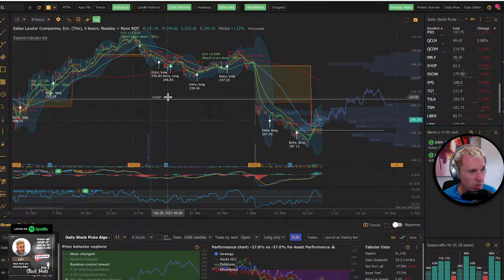Estee Lauder in the beauty business. This is one that also some of the women in my life have mentioned that they enjoy. It's big in China, and China not reopening is what killed this one. You can see that gap down there. If this gets to over 200, and it did here, but it pulled right back. The high was 201.56. 200 is that resistance level. If it breaks that resistance level and starts entering into this gap, I think you fill that gap from 209 up to 240. So I'll be watching this one. I'll set an alert on TrendSpider. Again, if you don't have TrendSpider and setting alerts, don't sit there and watch charts all day. Set the alert. It's super, super simple.